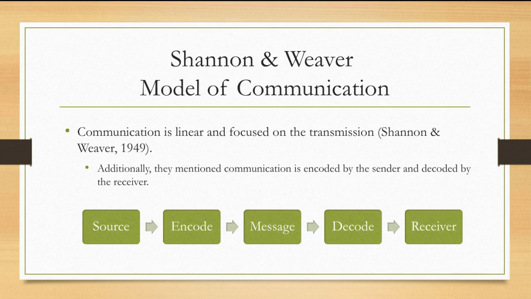This happens in a multitude of ways in digital formats. If we look at the blog we put on our website, then we link it to our Facebook page and it becomes a Facebook post. That message is encoded differently and decoded differently by the reader when they receive it on Facebook versus looking at it in an Instagram story or an Instagram post versus looking at it in Snapchat versus looking at it being linked to a third-party website or coming out as a newsletter. All of those methods encode the message differently and decode it differently, so the receiver receives it in more palatable formats or in a way that they perceive to be their preference, whatever it may be.